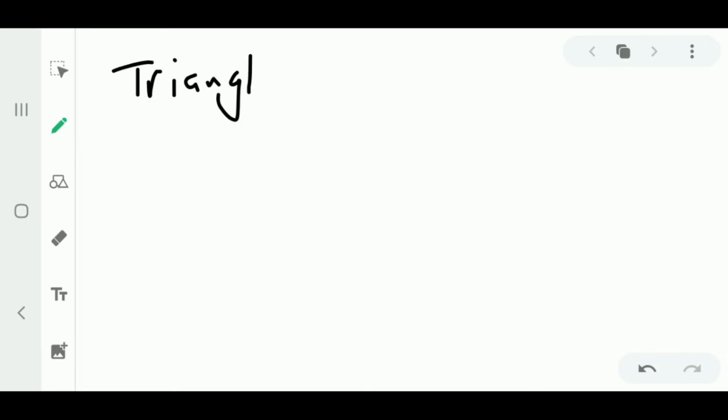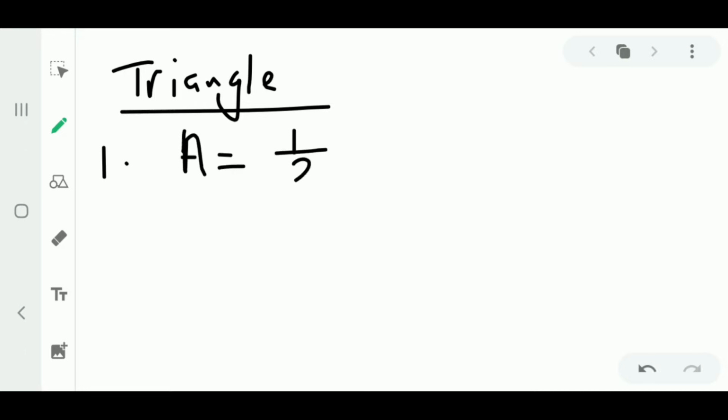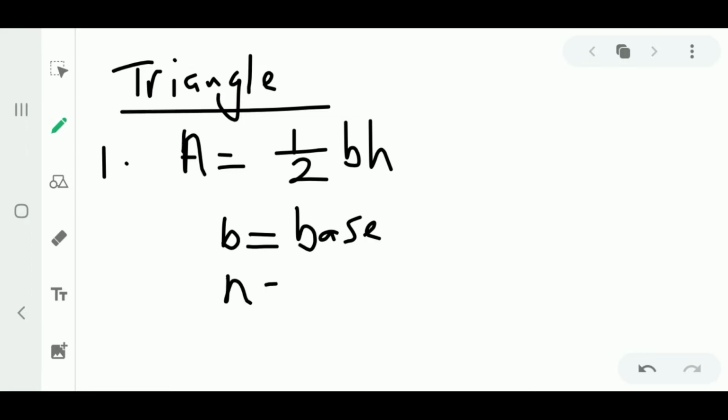So there are about 3 different formulas that we can use to find the area of a triangle. So the first formula is area is equal to half base times height. So B is the base of the triangle and H is the height of the triangle. Right? So we usually use this formula when we have right angled triangles or triangles where you can visibly see